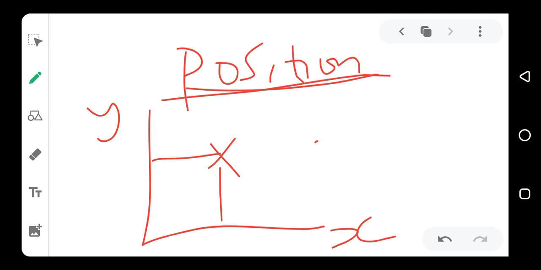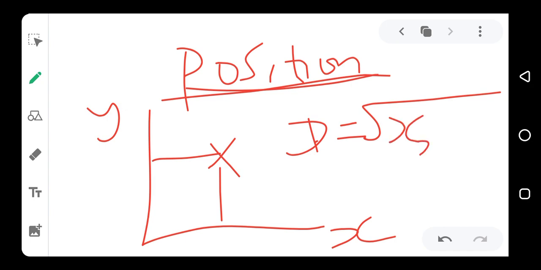We also use the Cartesian plane to get the distance between two bodies. For us to get the distance between two bodies, we find the x and y coordinates of the two bodies, and then we use the formula distance is equal to the root of x2 minus x1 squared plus